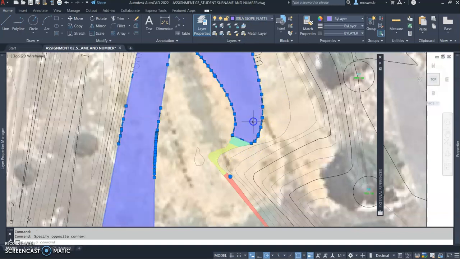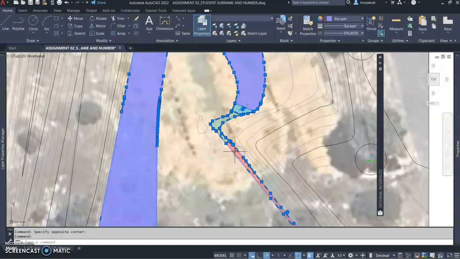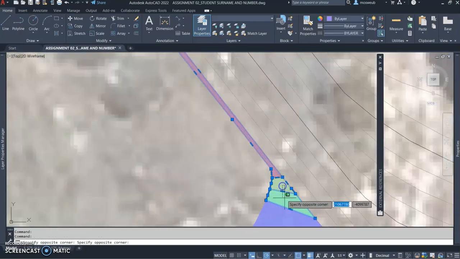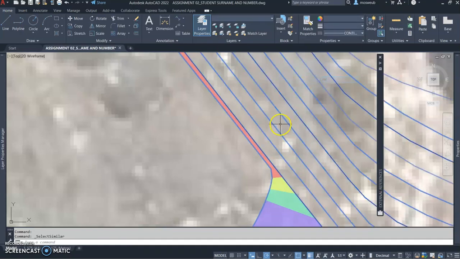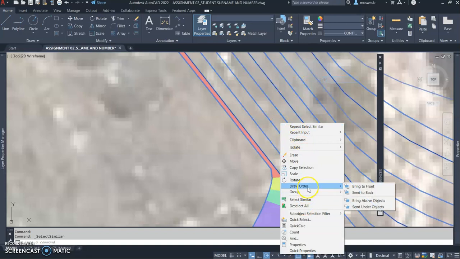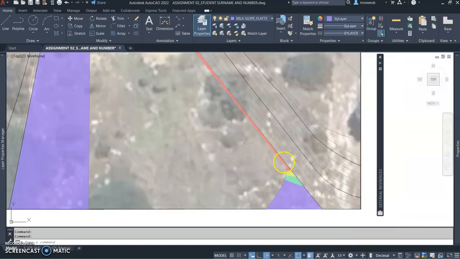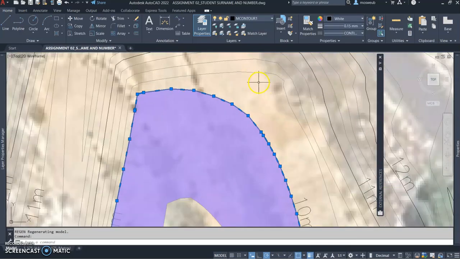If ever any of these boundaries are in the way, you can always just select them, select all of them, and then right click and say send to back, or alternatively you can just select all your contour lines, say select similar, right click and say bring to front, draw order, bring to front, and then your contour line will come back to the top. You create an offset,